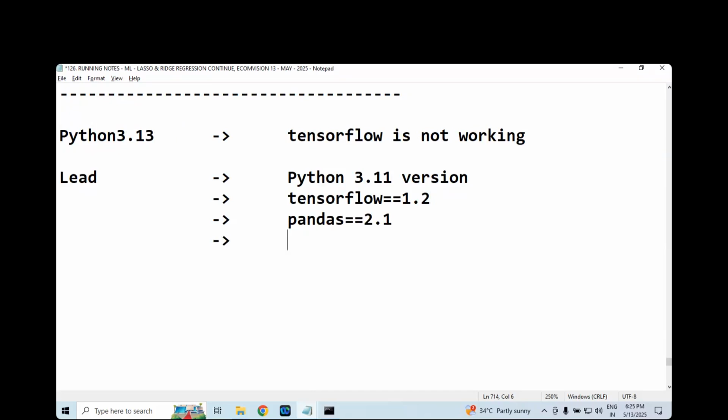Yeah, he will specify. Imagine the lead, he will specify actually. He will tell which version really matters actually. If you're not using the specific version, you will get a compatibility issue. What issue? Compatible. What do you mean by compatible? Your Python is 3.13. You're trying to install TensorFlow, you may get some issues. That is so called compatibility issues. Atla manam compatible issues antam. Okay. Yeah, good. Let's move on.